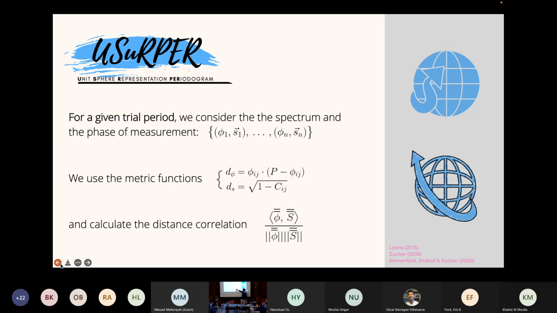I won't go deep into the details, but the metric for phi is the phase difference between two observations times the trial period minus the same phase difference. It was introduced by Shai Zucker a few years ago, and it is based on a paper by Lyons. There are some subtleties to it because it requires an extension of the theory by Seki to circular random variables. It's not trivial. And we have another metric for the spectra, which is the square root of 1 minus the correlation